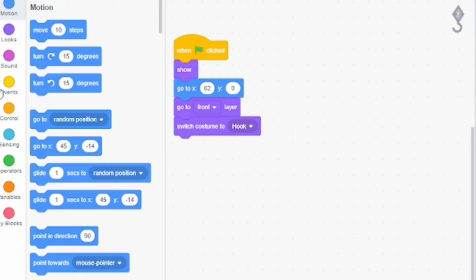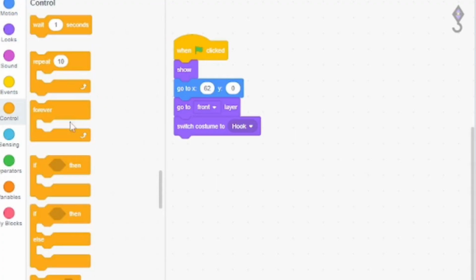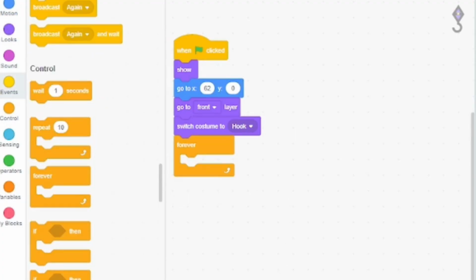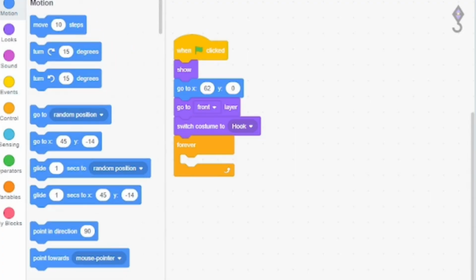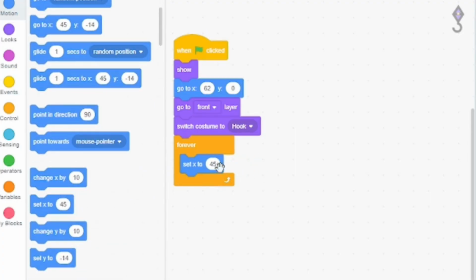After switch costume to hook, go to control, forever loop, motion, set X to